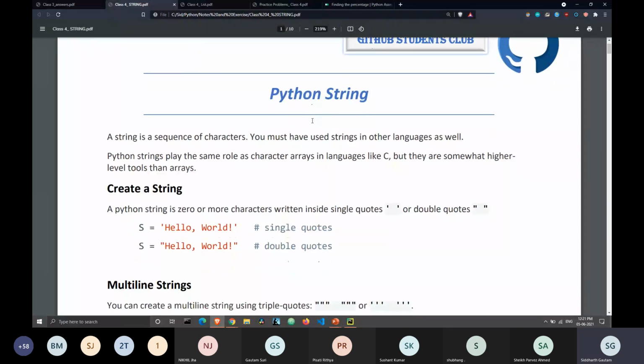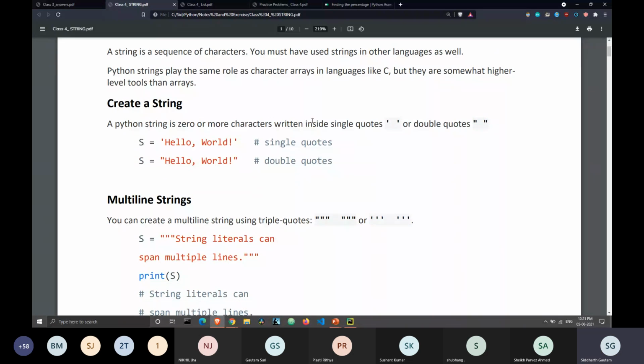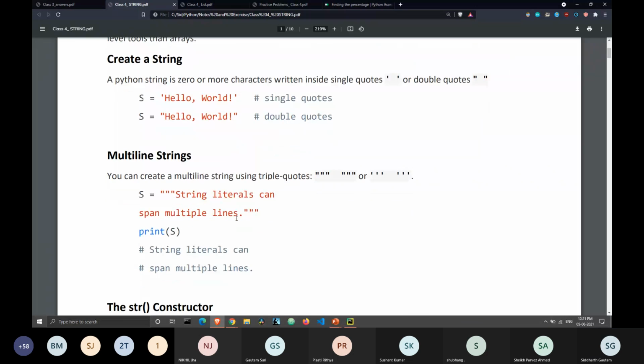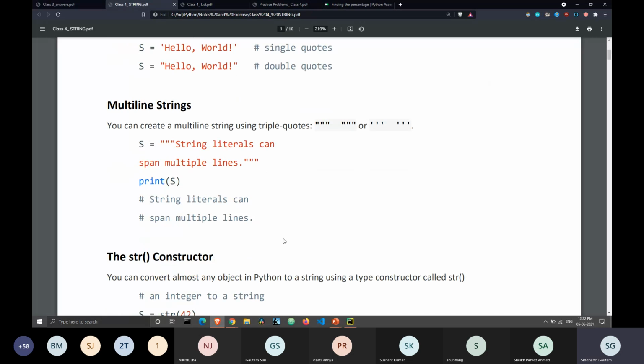So this is how a string works in Python. This we have already seen multiple times. We have a variable here, and then the equal to sign, which means we are assigning some value to the variable, and we're assigning it a value of a string. That's why we have some text inside the quotes, and we can use single quotes or double quotes to assign a string. And if we are assigning an entire paragraph to a string, in that case, we can just use 3 double quotes. When you use 3 double quotes, you can go across lines to assign a string.